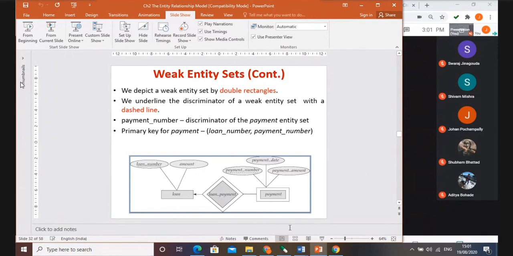Now why is it written as total? Because each and every payment activity is always related with the loan number, and only then will that payment be accepted, right? So the loan number is always required for these payment entities, whatever entities are there in the payment. So the payment entity set is always related with the loan number, and that's why it is total. So every weak entity participates in the loan payment relationship. Clear? So the concept of weak entity set is clear, everyone? Any doubt? Yes, no doubt.